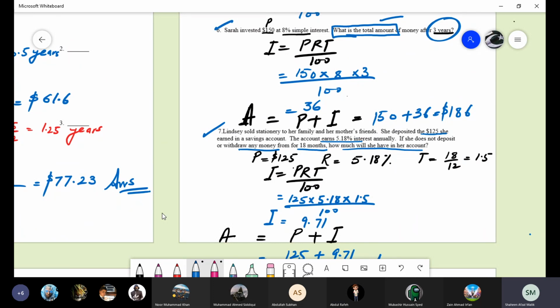So boys, we have done almost the whole revision. Only one exercise is left, that is money exchange. Tomorrow, inshallah, we will finish with that. And then on Thursday, you have a test of chapter number 5. Remember that this Thursday you have a test of chapter number 5, because we are going to end all the revisions of each and every exercise by tomorrow. So you can give the test of chapter number 5 on Thursday. That will be the last day before the Ramadan holidays.